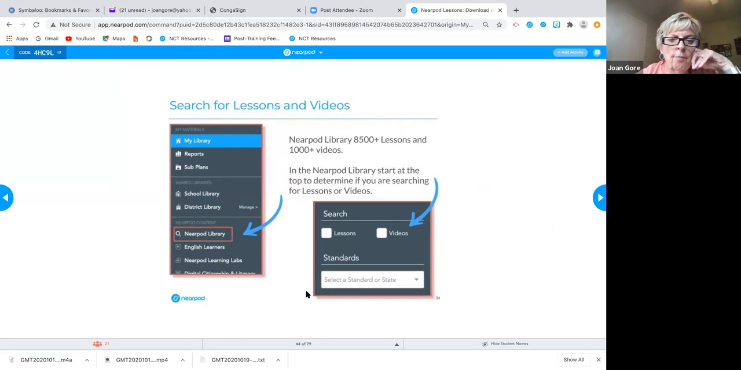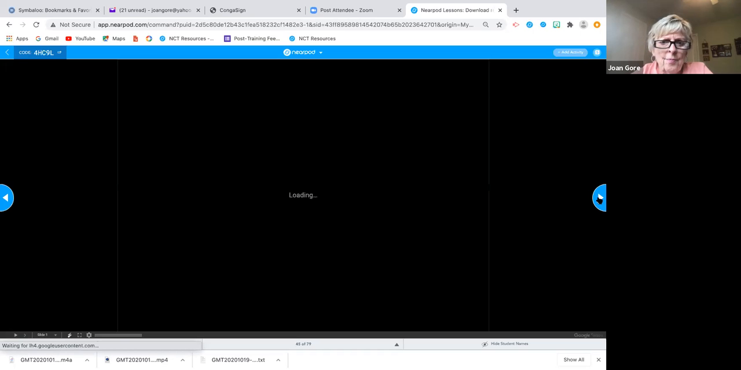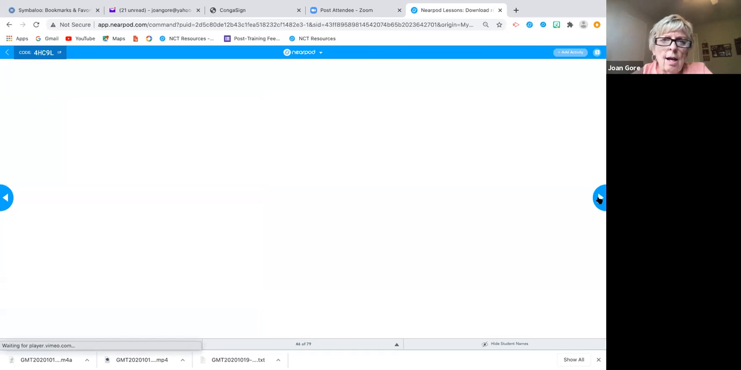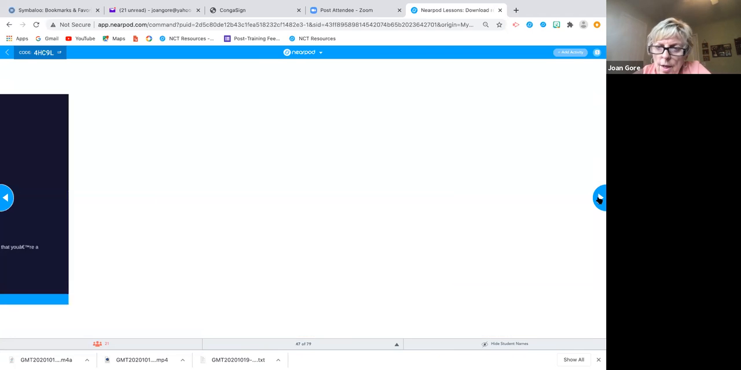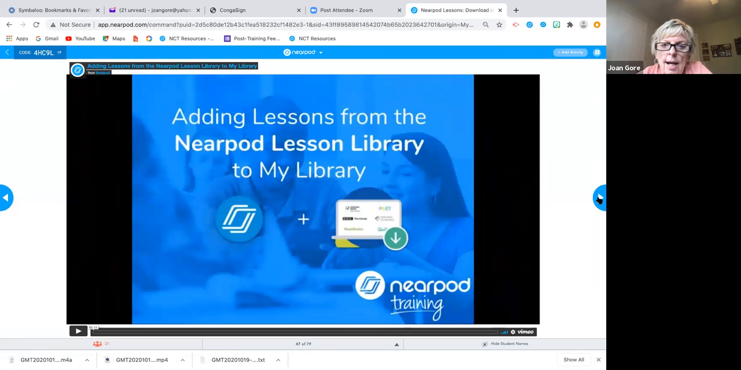for your students. And when you're on your home screen over on the left-hand side, there is a button that says Nearpod Library. Now, there's a lot of different ways to search because you do not want to look through 8,500 lessons. And we will look at that. So the video library, it certainly keeps growing. As I said, the interactive videos are brand new, just in August, and they will keep adding to those